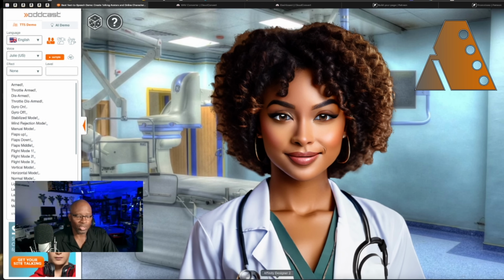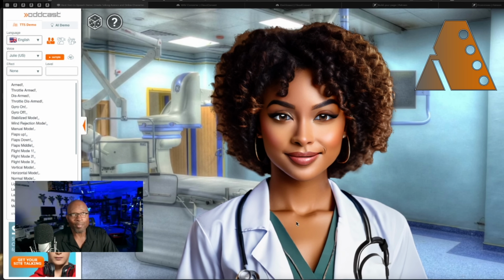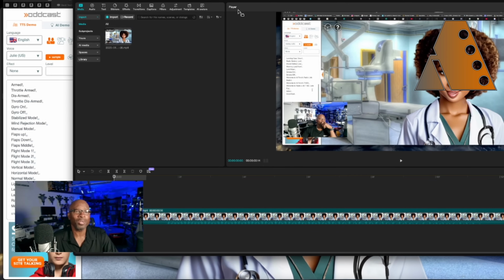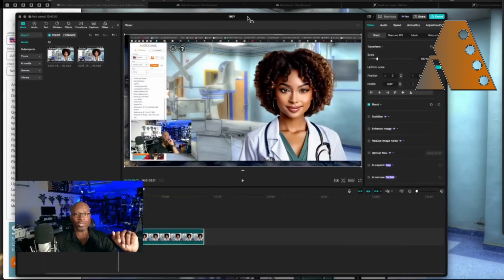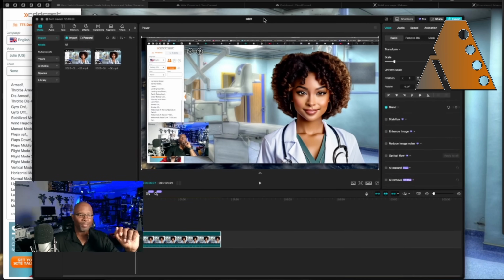And then I went into CapCut. I've used CapCut a lot, because it's free, for a couple of different things. So this is where I used OBS to do a screen recording and recorded her saying everything. It was like a minute and some seconds long. Flaps down. And then I took that and dropped it into CapCut,